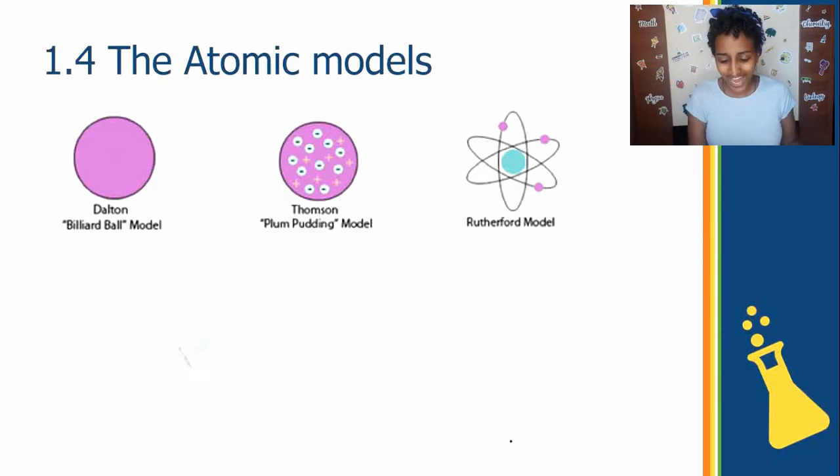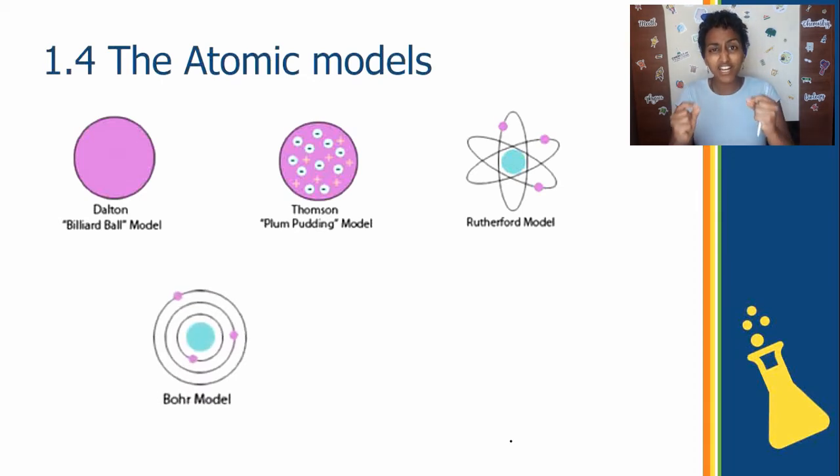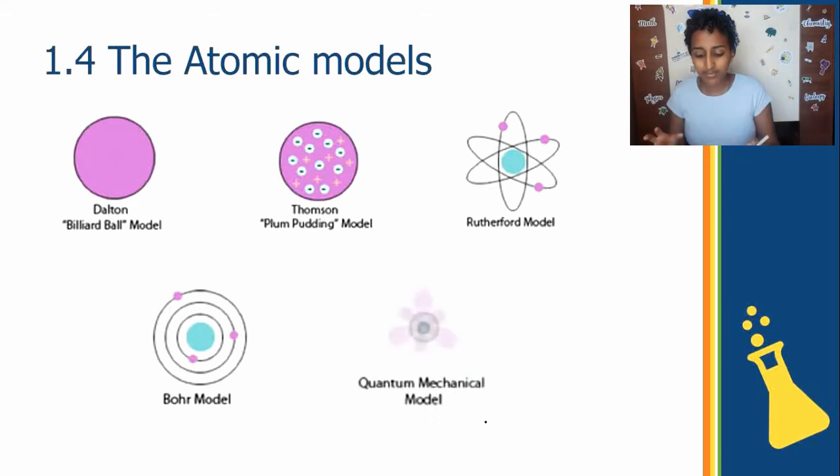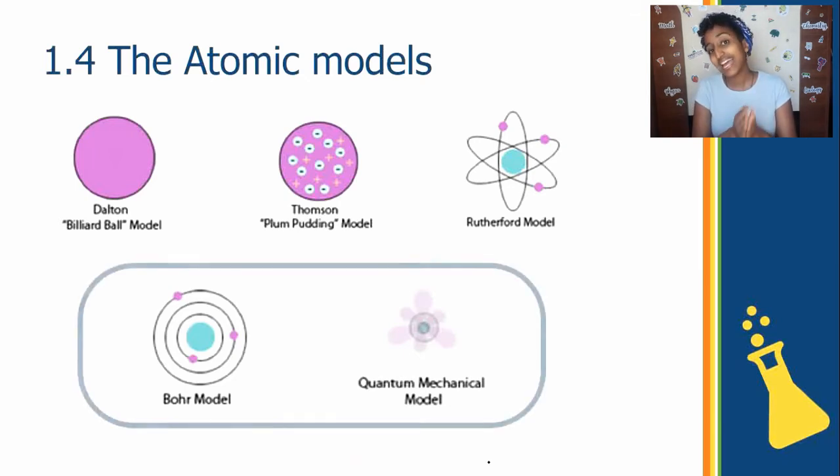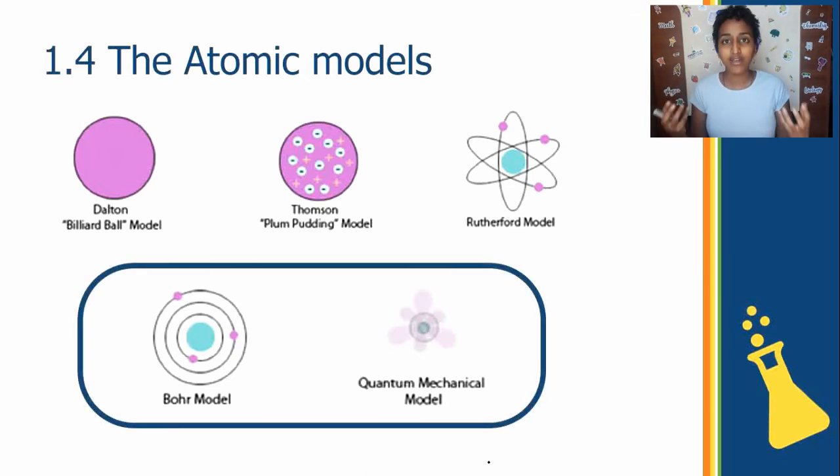But fear not, because we have Bohr's model. Bohr's model gave a very specific way of how electrons move around the nucleus. He gave them shells and energy levels, and he made it in a beautiful system that we actually still use today. The final is the quantum mechanical model. We found out that there's a deeper understanding of how electrons move. It's not as easy as just pointing out a shell and saying that an electron is found there. But today, we do use Bohr's model and the quantum mechanical model to best describe the atom. Who knows, we might go into a further understanding of atoms, but this is what we have today.